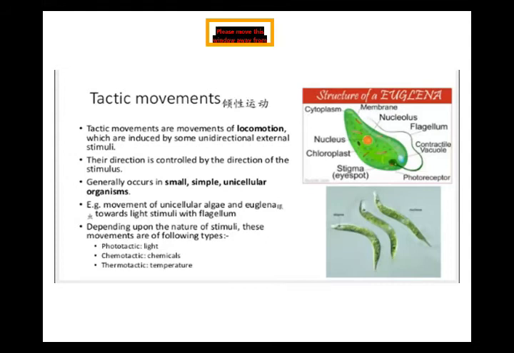Photo means light. If the light is not suitable for the unicellular plants, they are moving from one place to another place after taking high light. And thermotactic means if the temperature is not suitable for the plant, they are moving or change the place. And the third one is